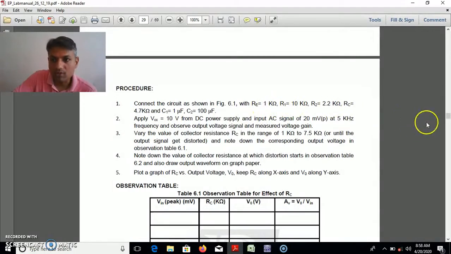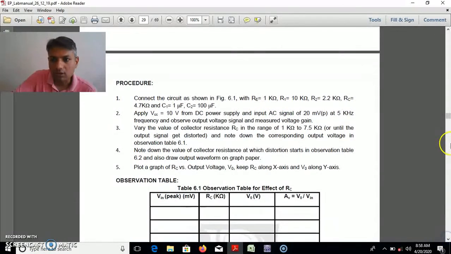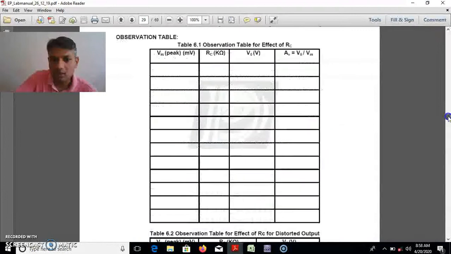From the observation table point of view, the observation table should consist of 4 columns. First is Vin, which should be fixed. For performing this experiment, we are going to supply Vin of 20 millivolt peak to peak.